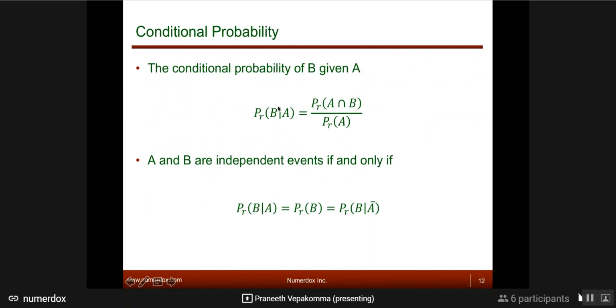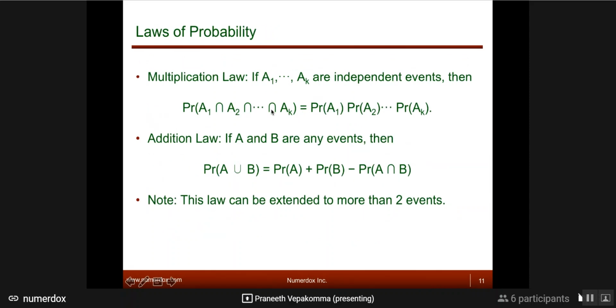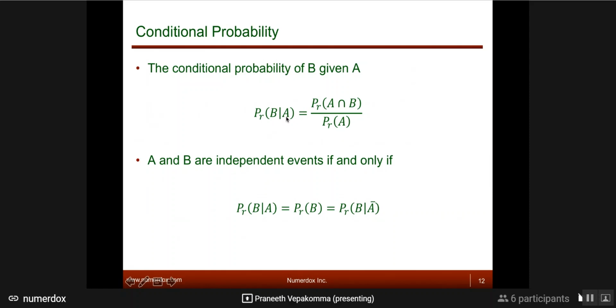So we're just trying to tell you different kinds of probabilities, right? So you have seen conditional, you have seen probability of one event at a time. Then you can see joint probability, like I drew in here. So this is also known as joint probability. So you're looking at A1 and A2 happening, or A1 and A2 and so on till AK happening. So you looked at three kinds of probabilities. Standard probability of this kind. You looked at conditional probability formula, what conditional probability means. You looked at what joint probability means.